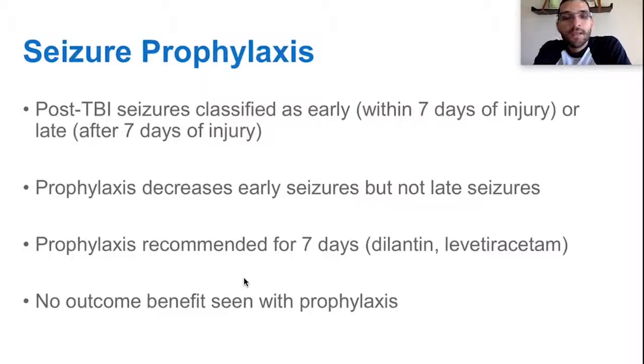Now, I want to turn to talk about seizure prophylaxis. So, after you have a traumatic brain injury, you are at increased risk of having a seizure. Post-traumatic brain injury seizures are classified as either early, such as within 7 days of injury, or late, after 7 days of injury. What we know is that giving seizure prophylaxis decreases the risk of early seizures, but not late seizures. Therefore, in this sort of literature, it is recommended that prophylaxis be given for about 7 days with